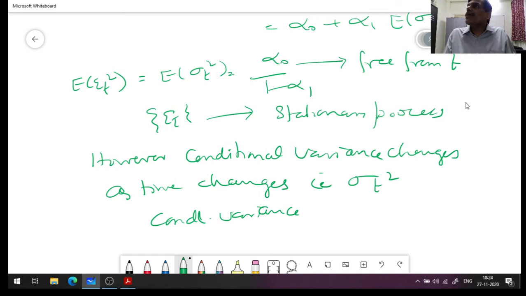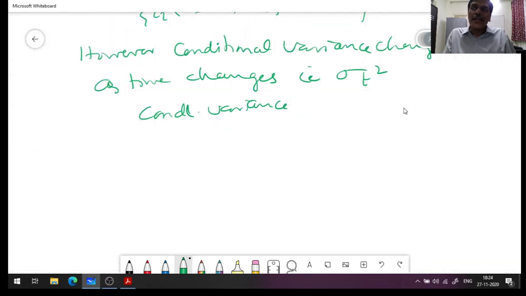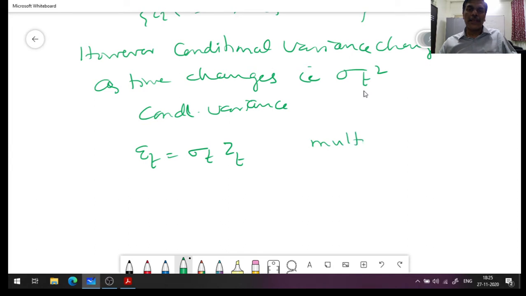Now you may ask why not bring the change in the marginal variance? Well, if you bring in the change in terms of marginal variance, this will become a non-stationary model. We don't want that because we don't know how to analyze a non-stationary model. So we want it to be stationary; the marginal should not be affected, while at the same time the conditional should change. That is why the kind of form that we are going to give is this. So I have a multiplicative model, and this is what is called a multiplicative structure.